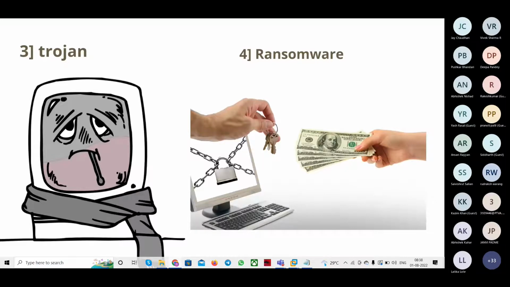It will ask for money. Exactly. I think it is much clearer with the diagram, which will ask for the money. So why should we pay the money? See, if you have very important data in your system or on any server which has highly confidential data,